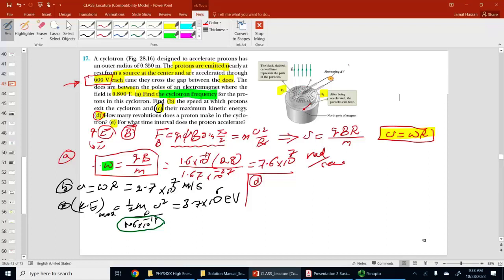Remember, when the charge moves between the D's from one side to the other side, what does the electric field or the potential difference do to the charge? Well, it does the following things. Every time the charge completes one half revolution, the charge gets faster, gets more kinetic energy. So the kinetic energy changes, the delta K at every half turn